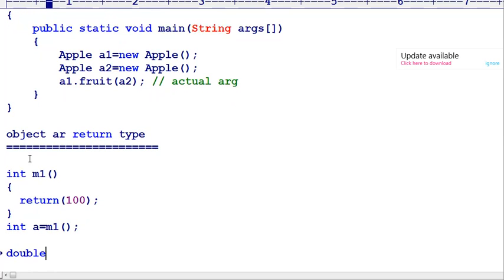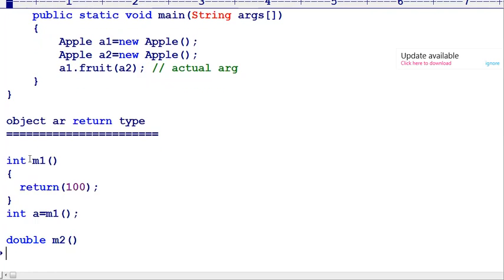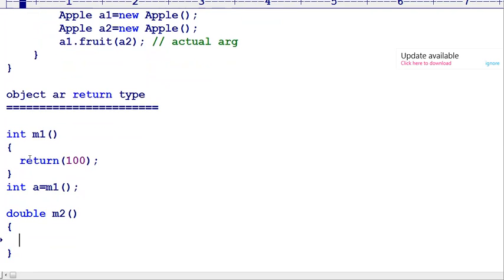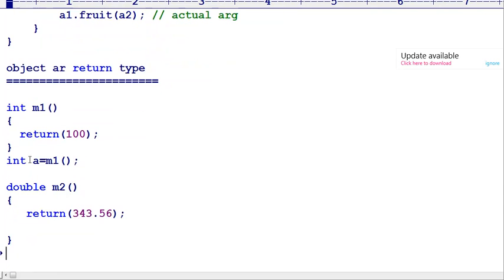Similarly, M2 is another method where the return type is double, and the last statement inside this code is the return, that is 34343.56. Now I would like to catch this method anywhere: double d equals the method name, I can call m2, the same.